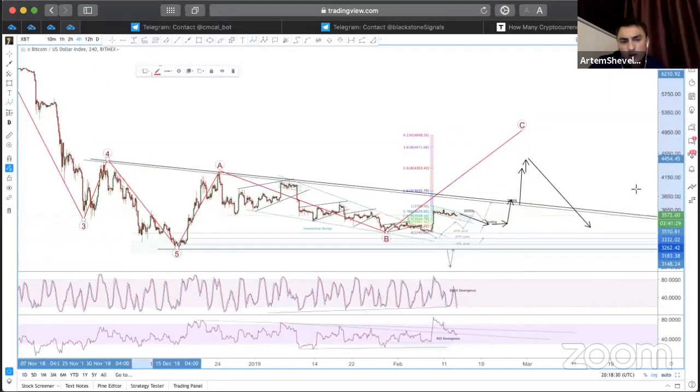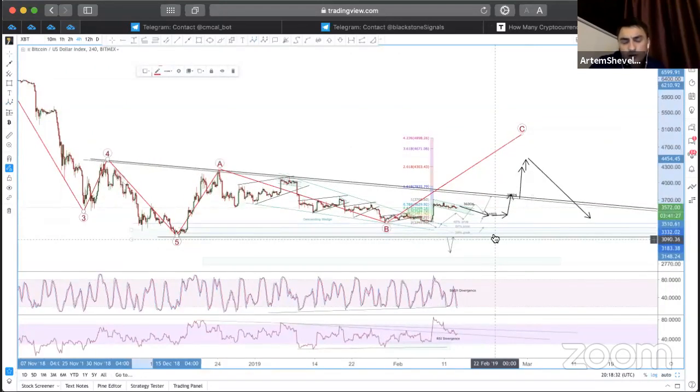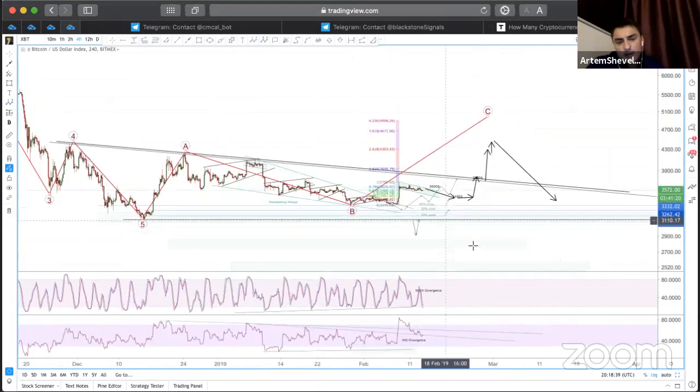On the other side, we have a 3,000 level support. If we break the 3,000 level support, then okay, bye-bye. Then we're probably going to hit 3,000 to 800, something like this. Panic sell, capitulation, something like this. I don't know what will happen, but the 3,000 level is pretty strong, and people are waiting for this level to buy. Many people are also waiting for this level to sell because they are losing too much, you know. So the 3,000 level will show us the real market phase.